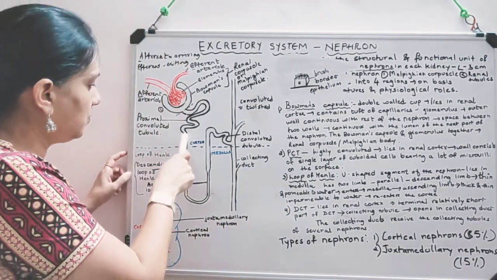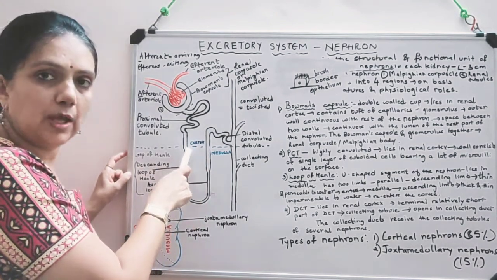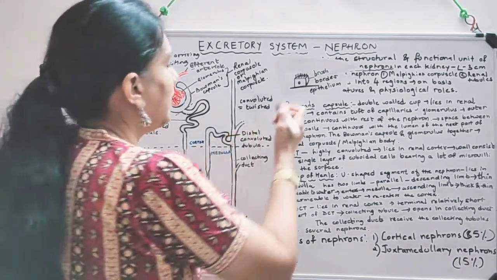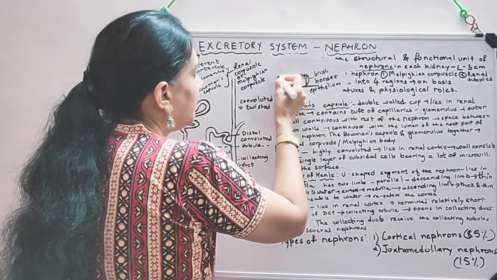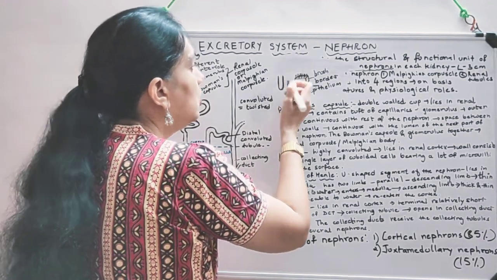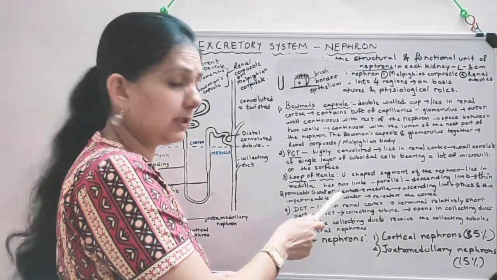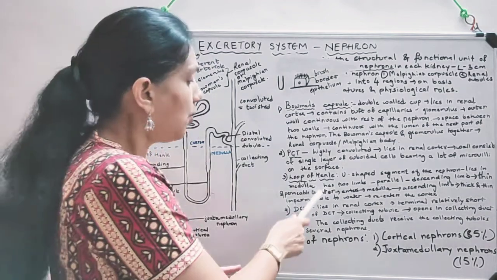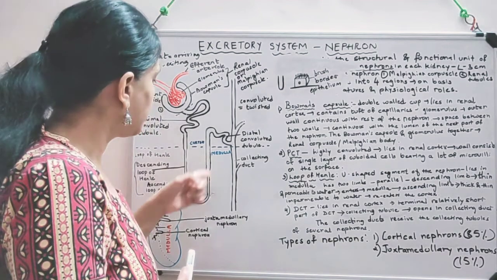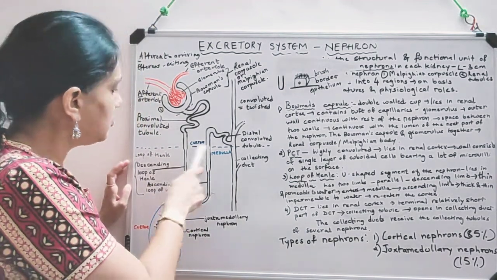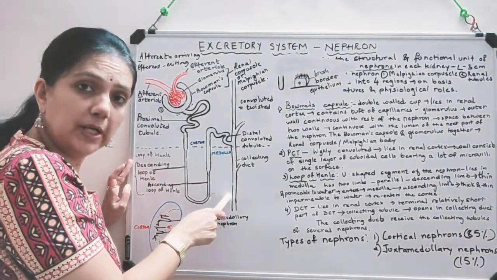Now the next part, you can see a hairpin-like structure. This is a loop, but it looks like it is like a hairpin, something like this. You must have seen such pins. So this is loop. Now, as it was discovered by Henle, it is called loop of Henle. You can see this loop. Now this is U-shaped segment, and you can see over here it is below the cortex. So it lies in medulla.